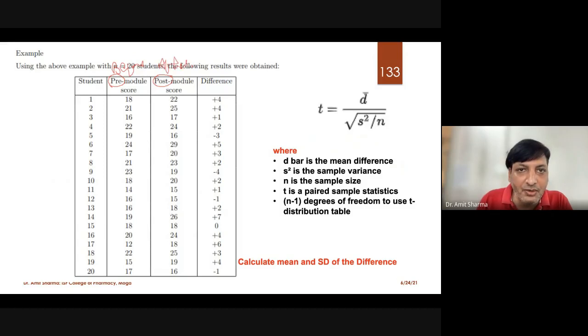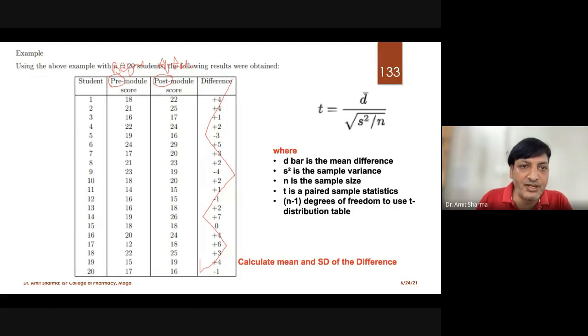Then you can assume that it's a paired sample t-test, by seeing pre or post, before and after, x or y, something like this. See, actually, this difference they are not going to give you in the examination. This you have to calculate. I have done it myself only. They are going to give you either 2 columns or 3 columns.